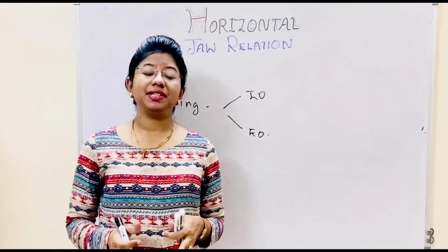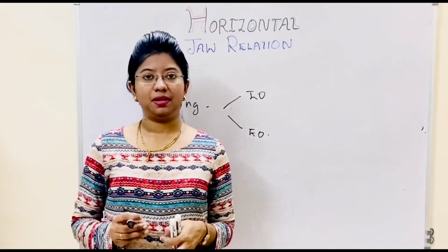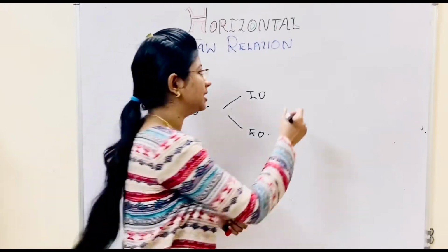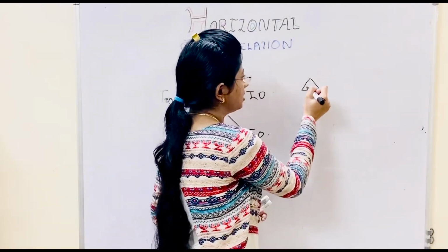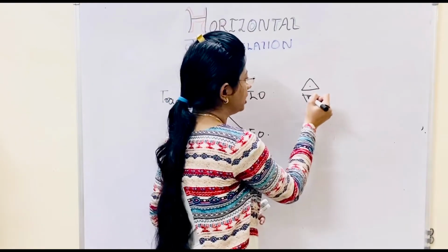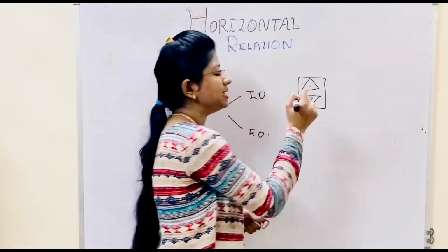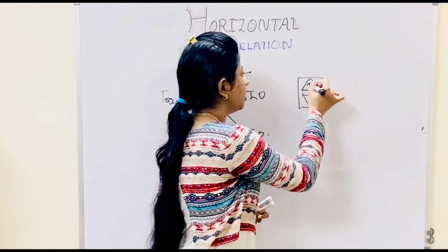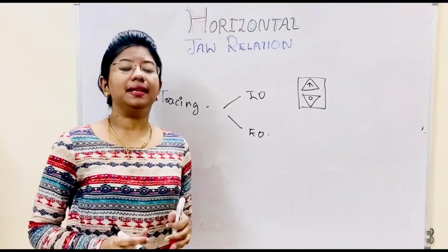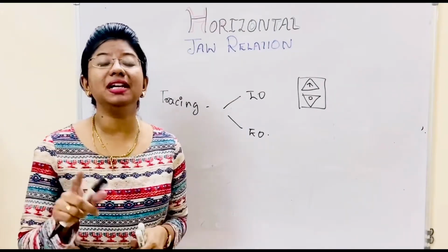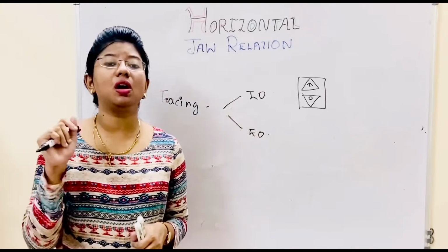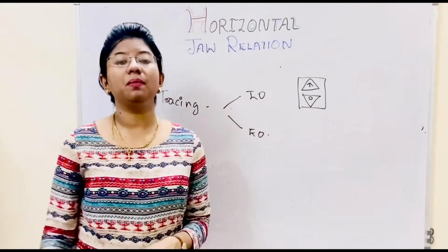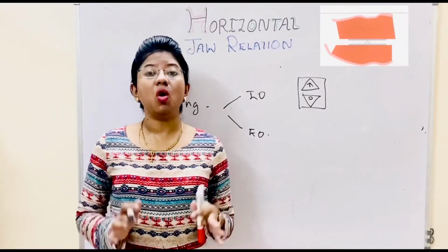The intraoral tracings are the most correct one, but they are not used widely. Why? Because the tracing cannot be seen in intraoral cases, because there is one plate and one pointer. All of this assembly is placed inside the mouth, and whatever movements are made are on this plate. So we cannot see this movement inside the mouth. That's why it is less practiced, but it is more accurate compared to the extraoral tracer. Why? Because this point is closer to the temporomandibular joint. That's why it is more correct.